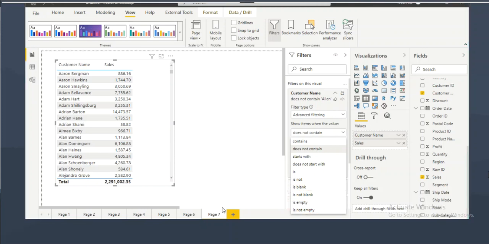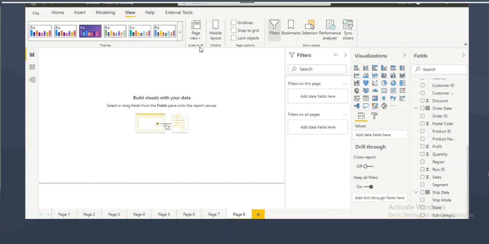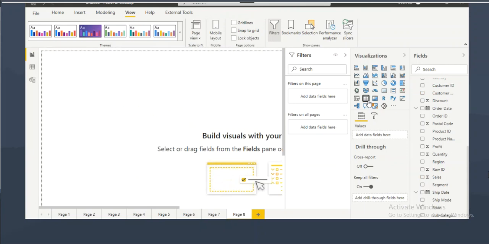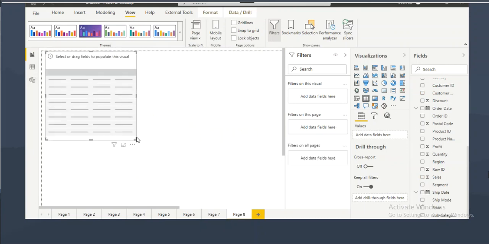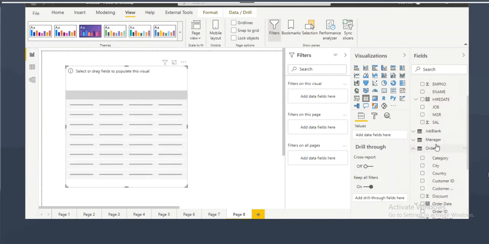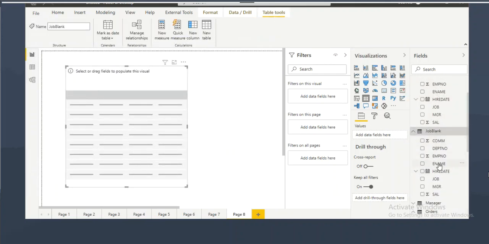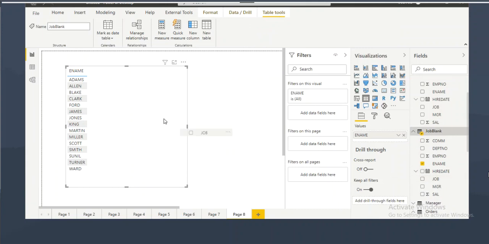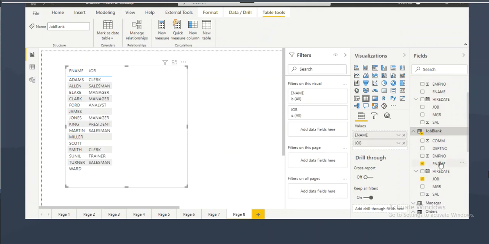If there is any requirement where we need to write the condition based on empty values or blank values, look at this. I have a table here where I have jobs as blanks, guys. Here is the employee name, their job, and their department number.